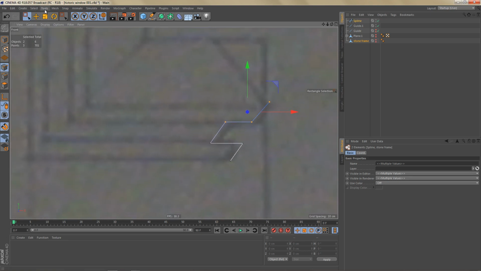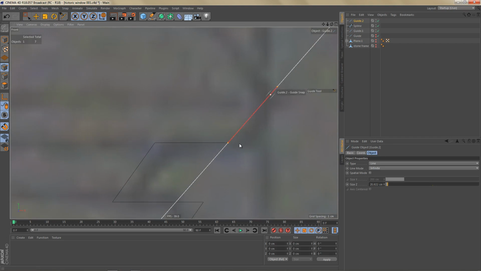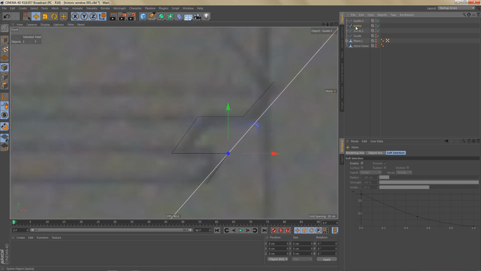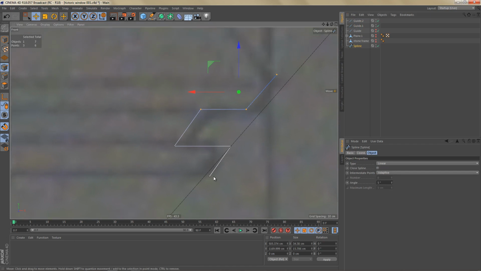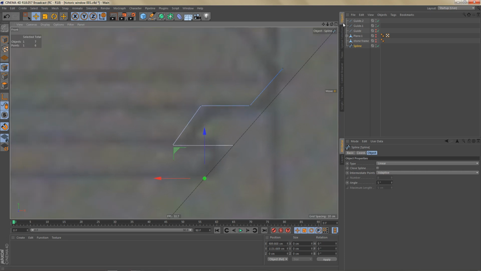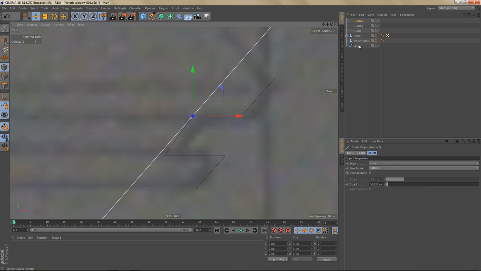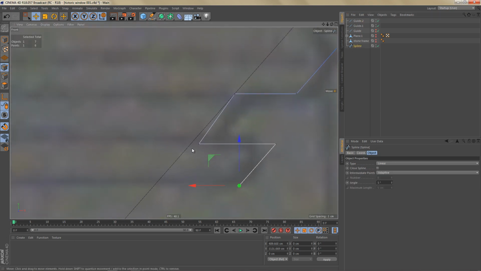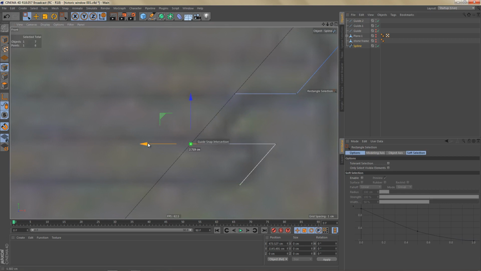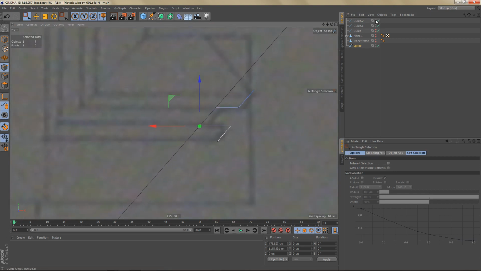Now in order to get parallel lines here, I'm going to use another guide. So switch on snapping, grab the guide tool, and I'm going to snap the guide to these 2 points here, like so. And then we can move it and snap it to this point here, select the spline, and let's move this point over. Let's grab the guide and snap it to this point, select the spline, select this point and snap it to the guide. So let's hide this